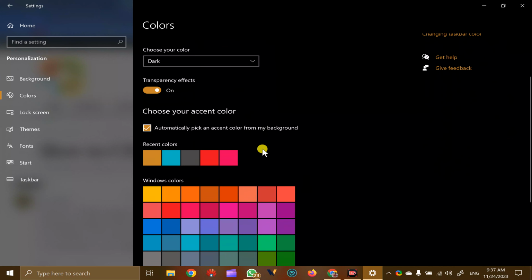You can check this option if you want Windows 10 to pick an accent color from the background automatically. If you want to pick an accent color manually, then just uncheck this option and select any desired color.